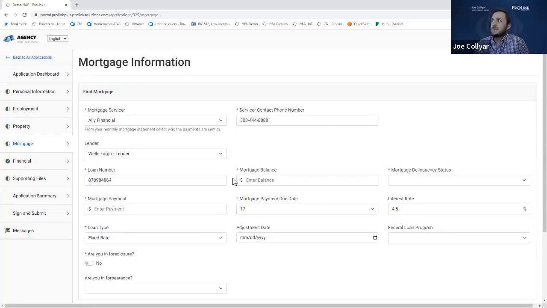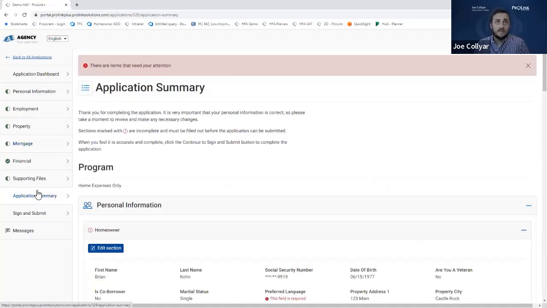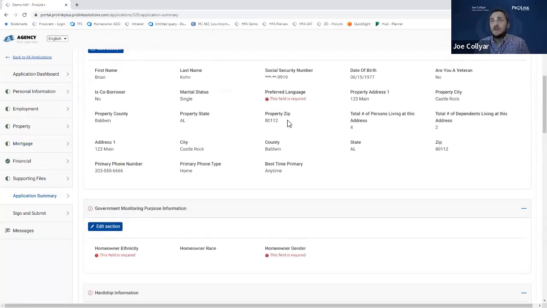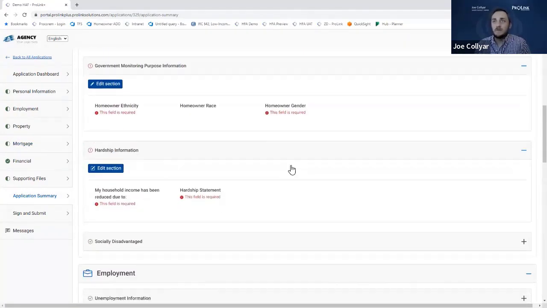Like, for example, we don't bring in some of the mortgage delinquency information because we want as current of a snapshot of that as possible. So we do have a feature called the application summary that gives kind of a quick and easy view of, hey, here are the fields that you're missing in order to have a complete application. So they can kind of jump through that and know quickly what they need to do in order to get their application